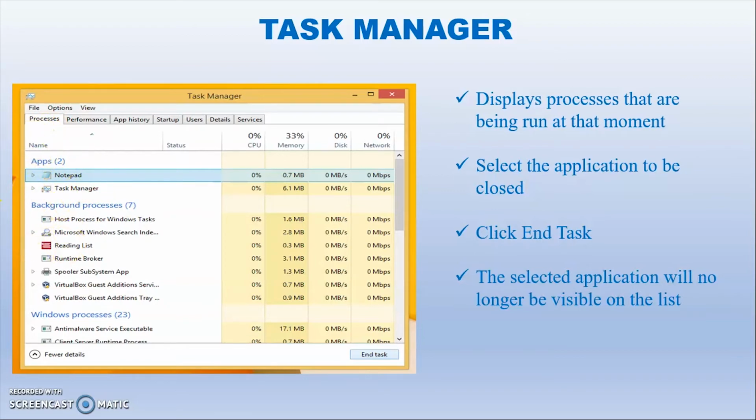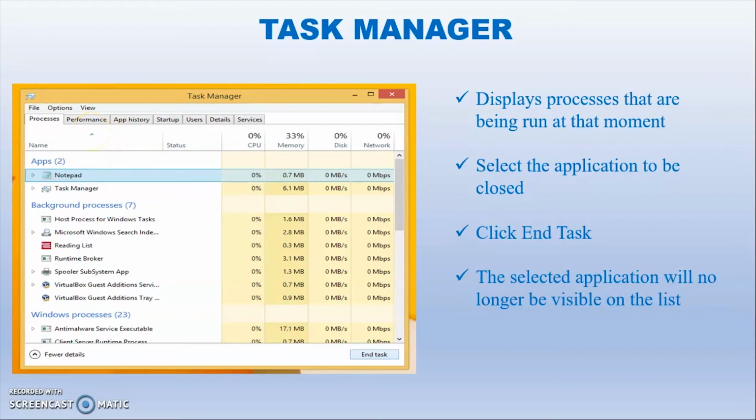Then you have to click the notepad program, and then click the option end task. Then that particular program which you have selected gets closed automatically. If you cannot end a particular program, and it shows an error message that it's not responding, then you can open the task manager.